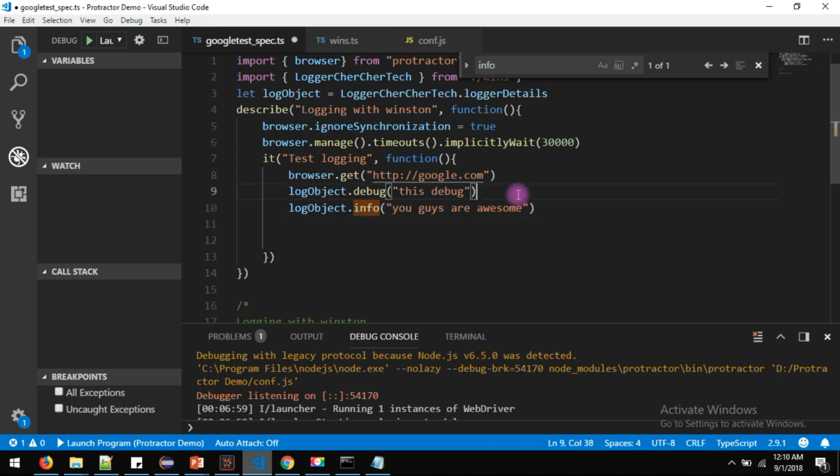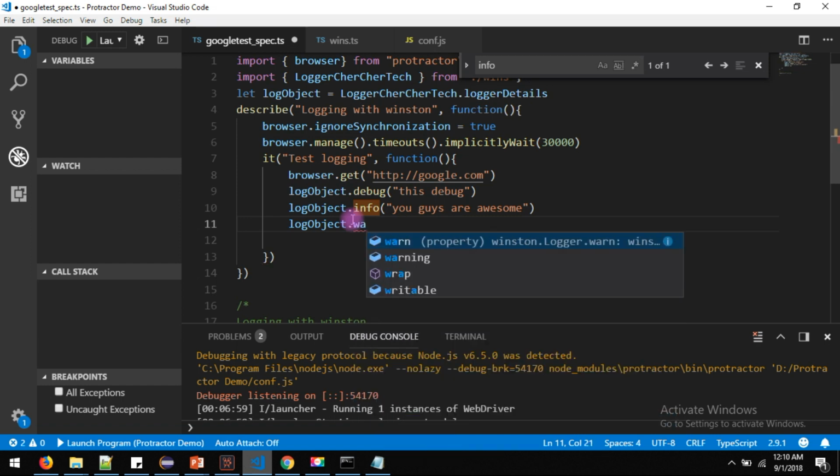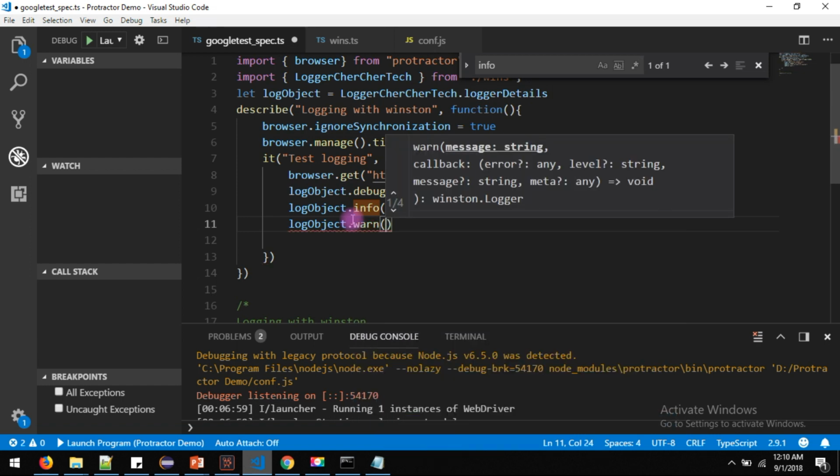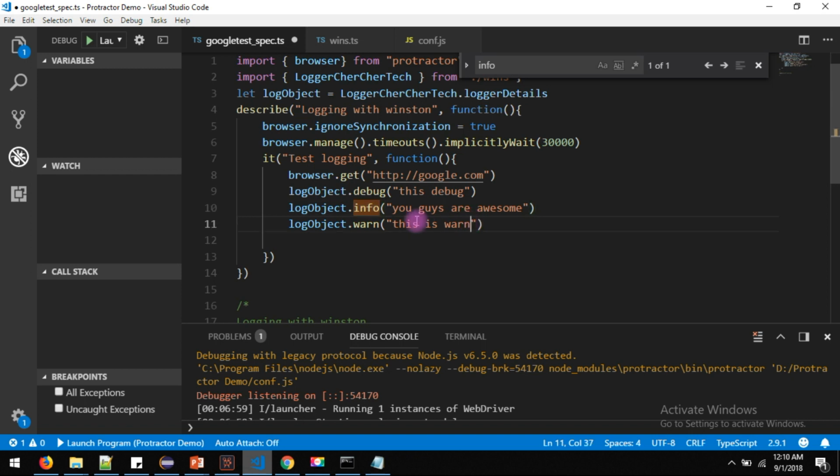I am writing from the lowest to highest. So next would be warn, I guess. Okay, this is warn. So we have debug, info, warn,